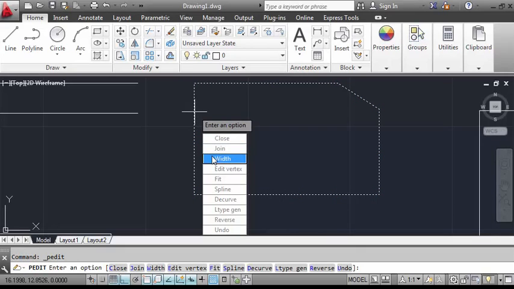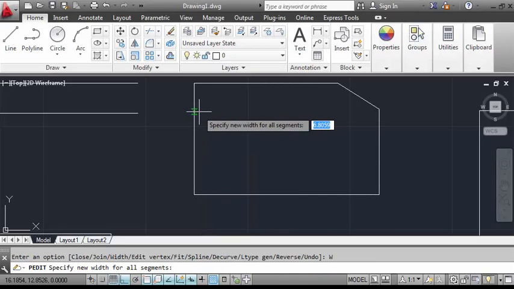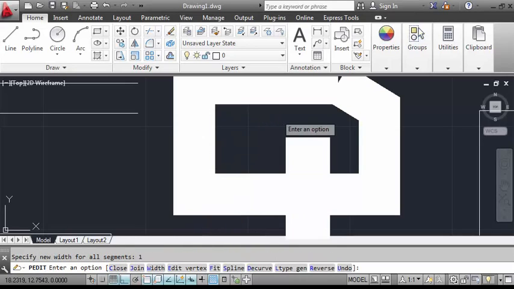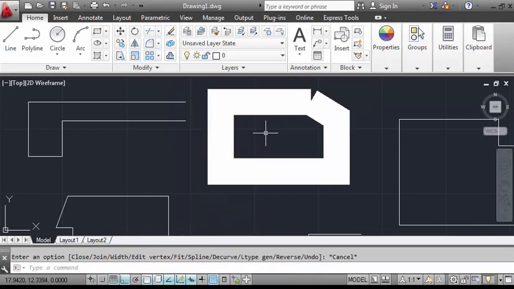So just double click the figure and click width, then add the measurement for the thickness. Let's just say 1 here, and then we'll add thickness to the line.